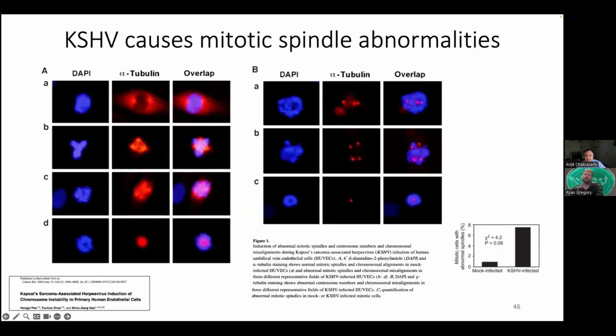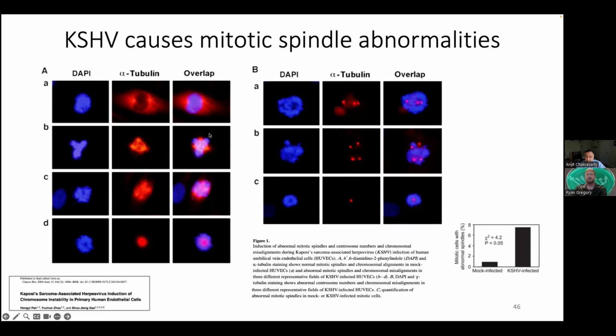Again, over here, this is a different paper, and what they show is essentially induction of chromosomal instability in primary human endothelial cells. When they infected cells with Kaposi sarcoma virus, the control is on the top panel over here. DAPI, the DNA, is on the left. Gamma tubulin, which marks the mitotic spindle, is in the middle. And this is what the controls look like, with two poles. And what you can see with these